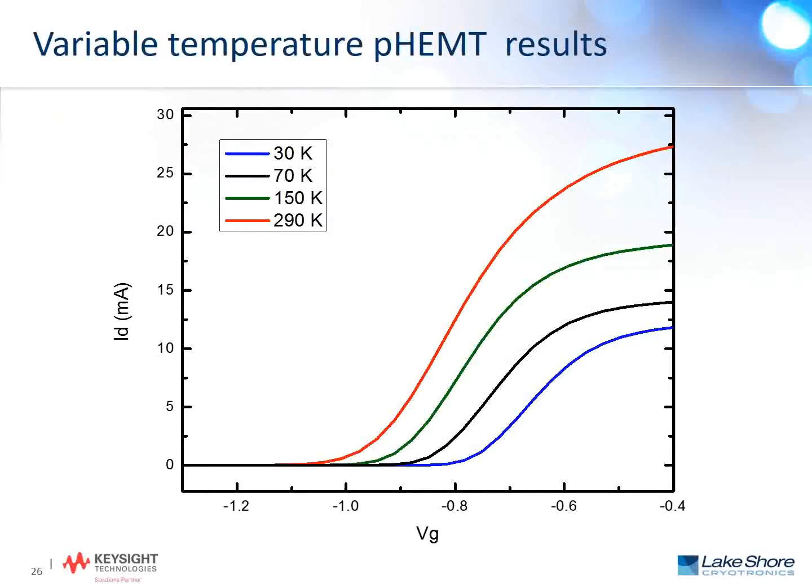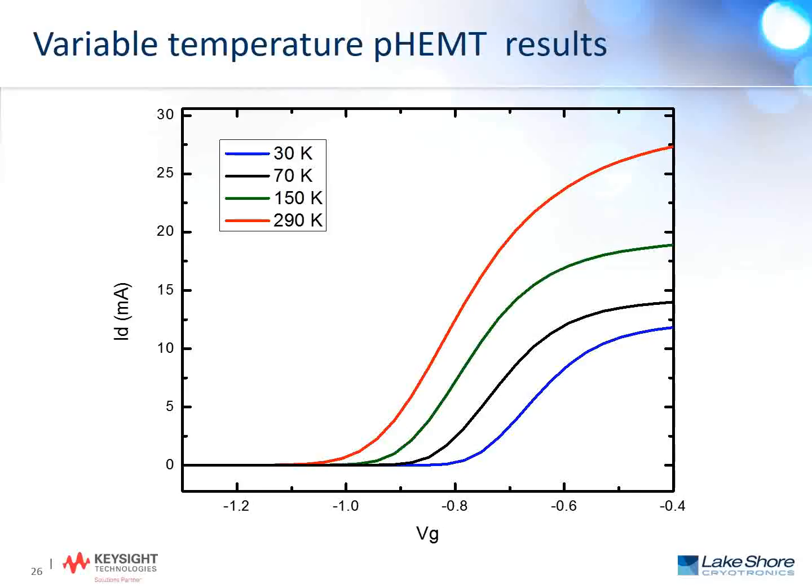So we go back to our quick test measurement. This is actually a selection of pHEMT results that came from that variable temperature quick test. So several ID-VG curves taken from 30 Kelvin up to 290 Kelvin using our CVD probes and the Lakeshore temperature driver. And so for a fixed VDD,